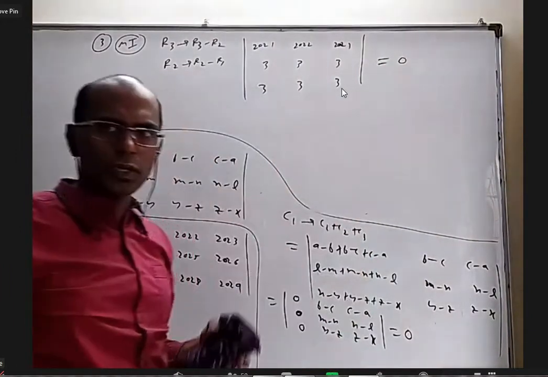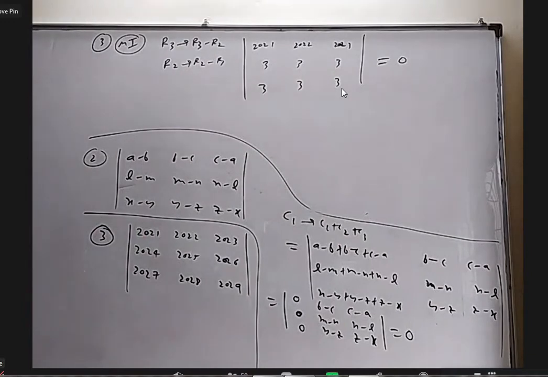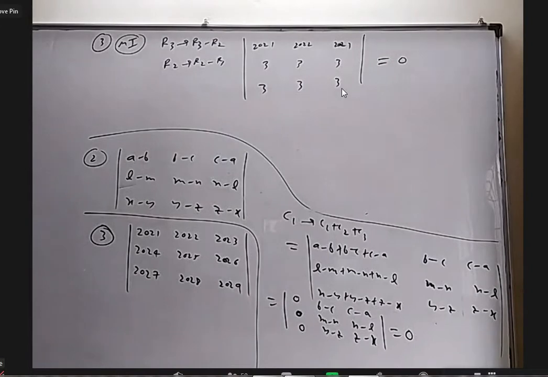I am not saying this is the only way. Somebody can tell slightly different. Anybody want to tell? Sir, can't we take that the numbers are in AP, so determinant is 0? But that we have not proved yet, right? That if numbers are in AP, that is 0, we have not yet proved. Okay, sir. Yes, please.